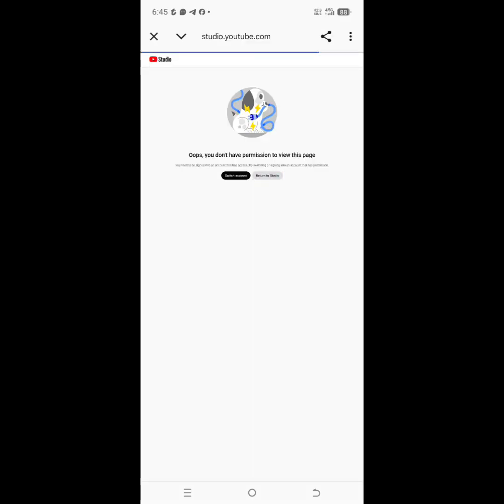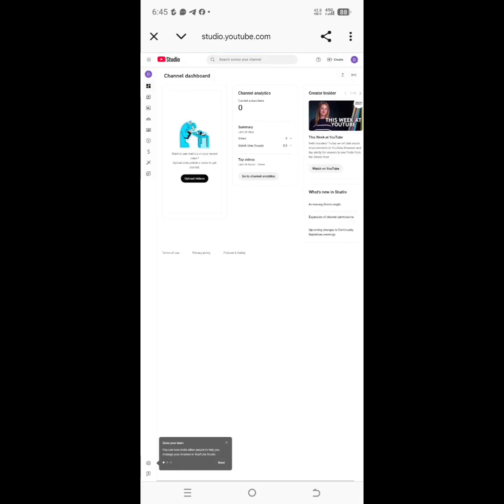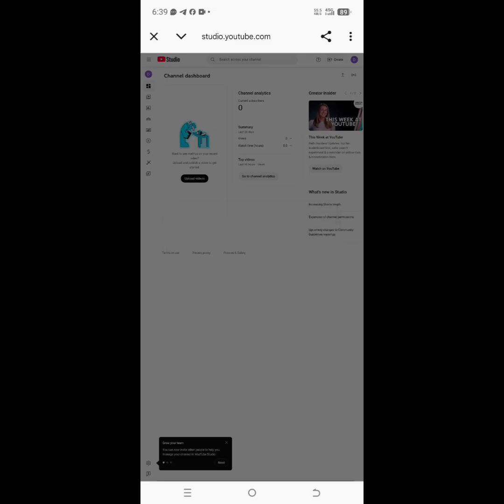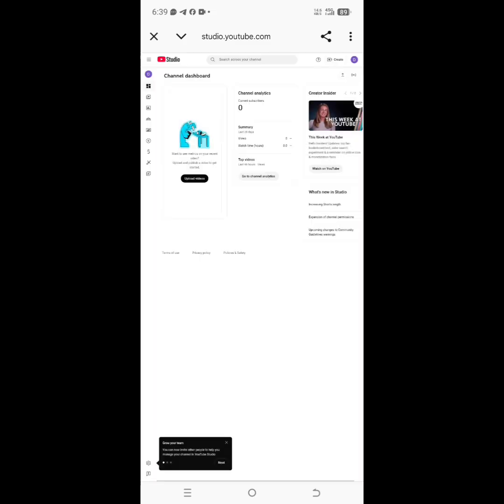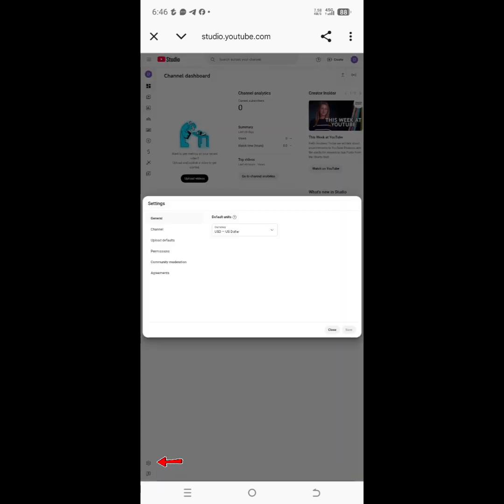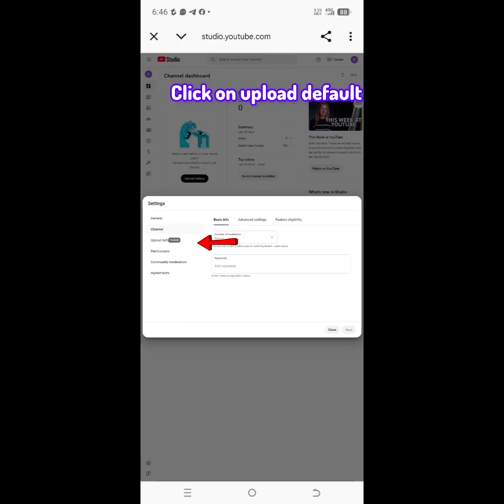And we're going back to YouTube Studio to do the settings. So you remember you can do this on your desktop version. So we are doing this on our mobile phone from our Chrome desktop version. That's where we are doing this. So we're going to click on this down part. We are going to click on settings. We are going to click on channels. We are going to click on upload default. We are coming to